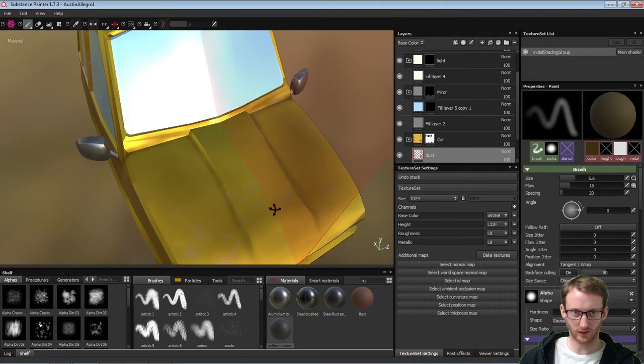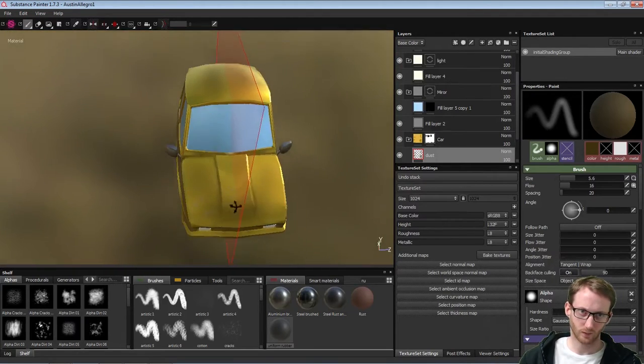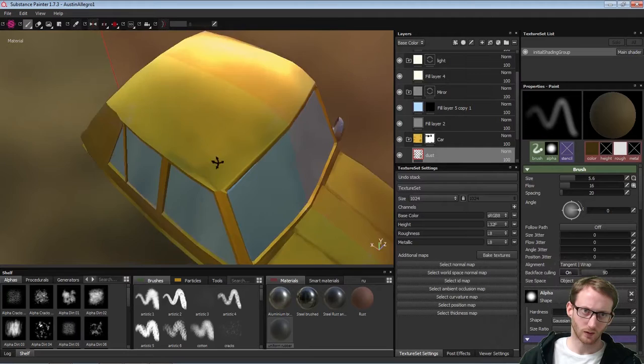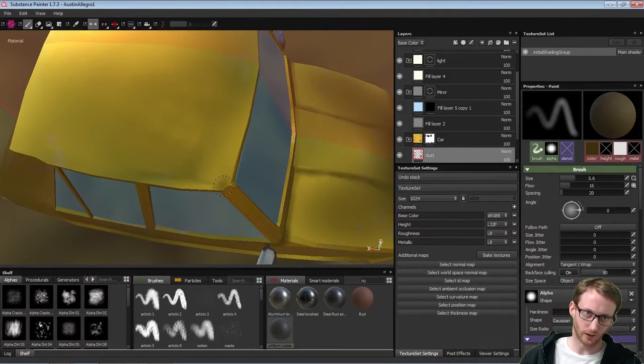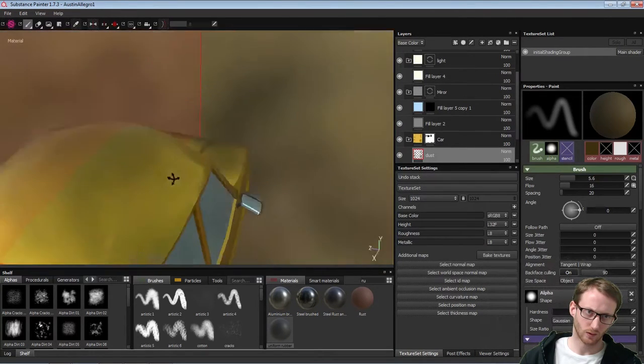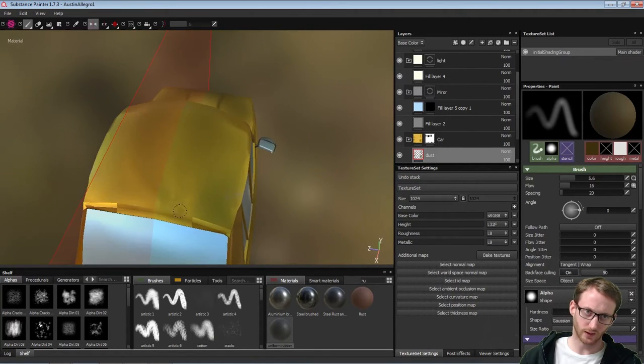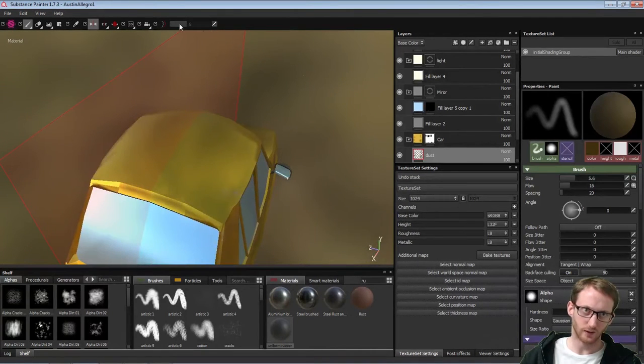then erase a little bit over there, and then we have control with, for example, the roughness of the dust, so we can really change it the way we want. Same with the base color. If it's too much, we can change it. I can add a little bit more on the edges as well over there. And once again, all of these weird edges, I'm gonna smooth them and change them so they will